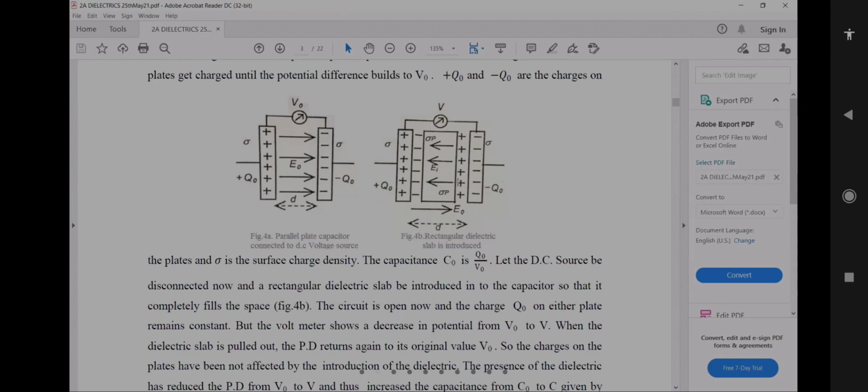And suppose we increase the strength of the external electric field, then what happens? E_I also keeps increasing, which opposes this one. Both are in opposite direction, and this induced electric field opposes the external electric field. But it is very small as compared to the external electric field, as I said here. Okay, is it understood why the negative and positive charges get attracted towards each other?